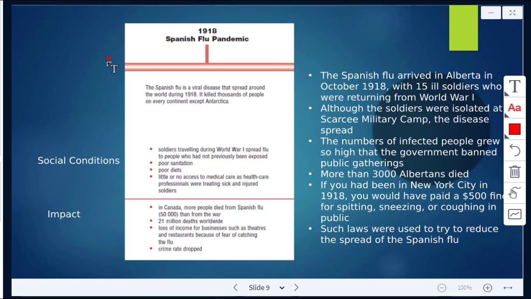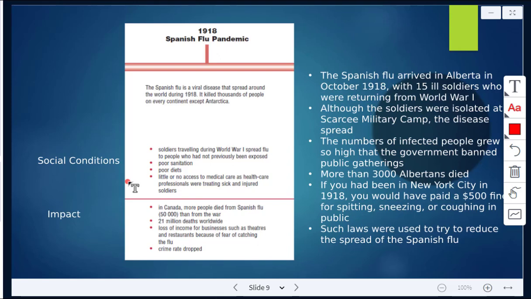1918, there was a Spanish flu pandemic. This is a viral disease. It spread around the world during 1918, and it killed thousands of people on every continent except Antarctica. So social conditions: soldiers traveling during World War I spread the flu to people who hadn't previously been exposed. There's poor sanitation, poor diets, little or no access to medical care because the healthcare professionals were working with sick